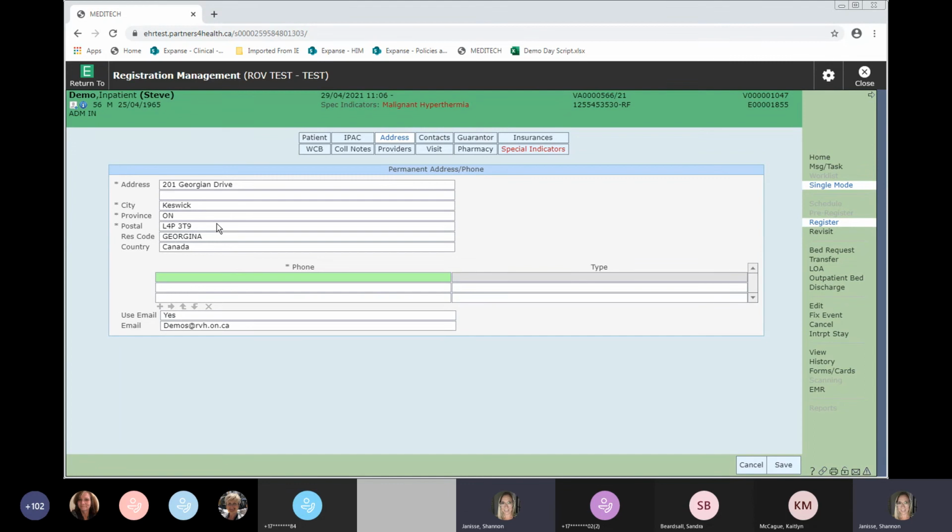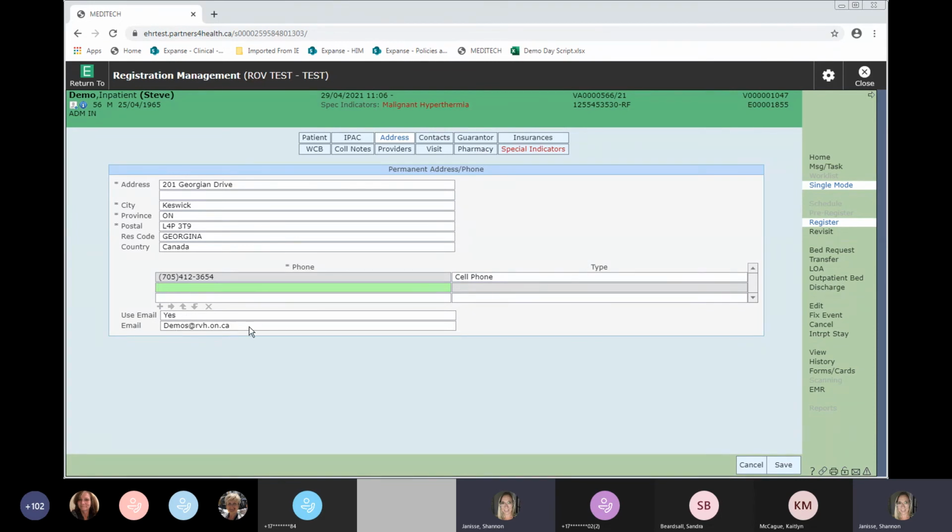A lot of times we get address updates, and clerical staff are forgetting to update the residence code. So it's a really important feature to be entering the postal code in the city field. That only works for Ontario addresses. And we do maintain that postal code dictionary in the MIS dictionaries. Phone number, you don't have to type in the hyphens. F9 for our different phones. So I'll just choose cell phone, see what everybody has these days. You have the ability to enter multiple phone numbers. And we have our email